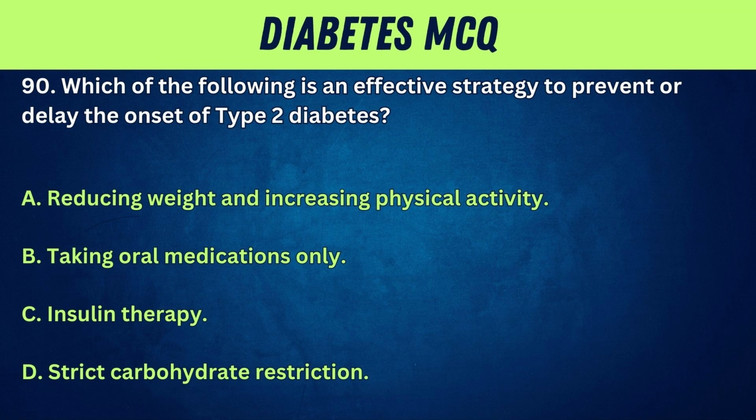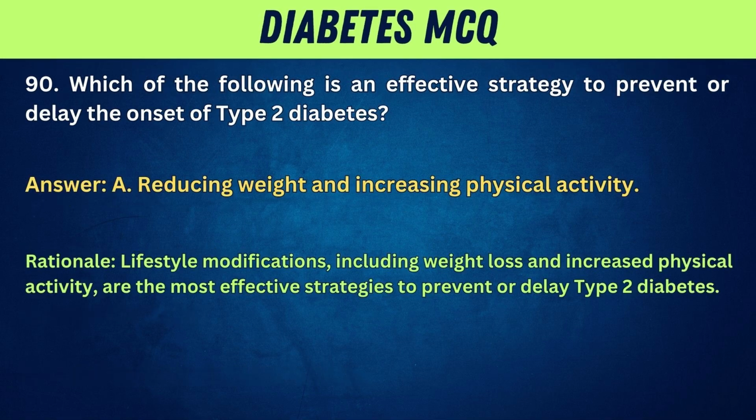90. Which of the following is an effective strategy to prevent or delay the onset of type 2 diabetes? A. Reducing weight and increasing physical activity. B. Taking oral medications only. C. Insulin therapy. D. Strict carbohydrate restriction. Answer: A. Reducing weight and increasing physical activity. Rationale: lifestyle modifications, including weight loss and increased physical activity, are the most effective strategies to prevent or delay type